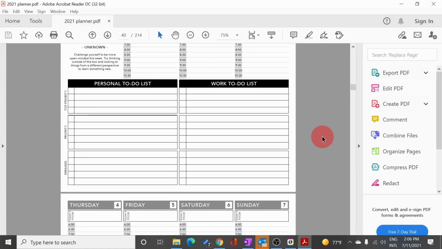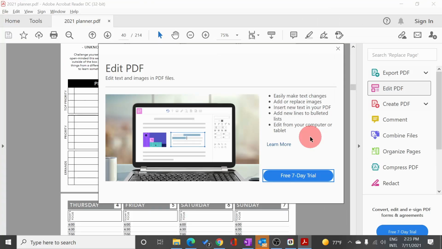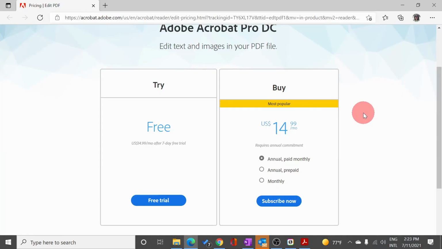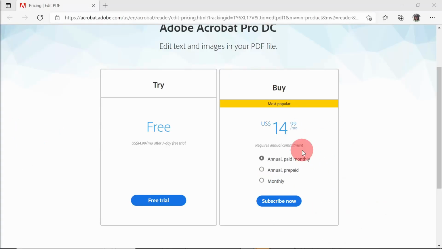If you try to edit a PDF file in Adobe Reader using the Edit tool in the right pane, you will get this pop-up which will ask you to do a free 7-day trial for Adobe Pro subscription, which is $14.99 per month. If you want the full set of editing features or you edit PDFs often enough, then maybe it's worth subscribing. Otherwise, I think the 3 different ways that I will show you in this video should fulfill